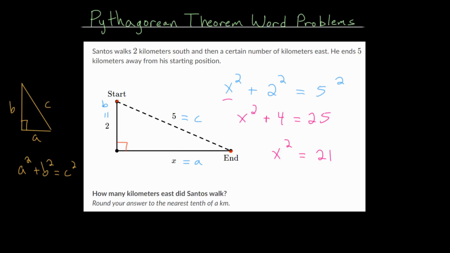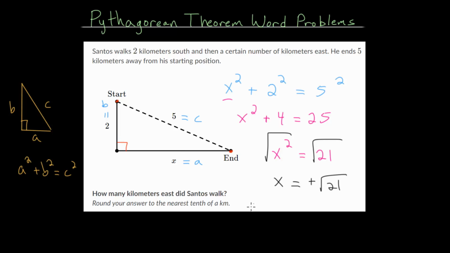Now to cancel out that square, we need to take a square root of each side. And when we take a square root of a square, they cancel, so we just get x. And usually we would put plus or minus when taking a square root of each side, but because we're only concerned with a physical distance, we only care about the positive case. So we just have the square root of 21, which is not a whole number,